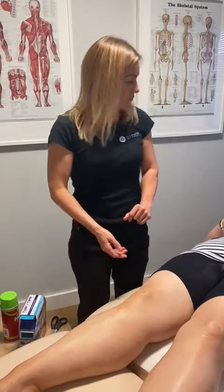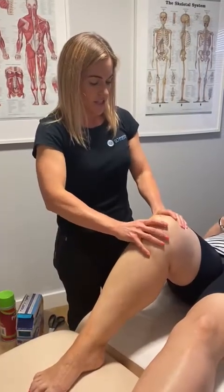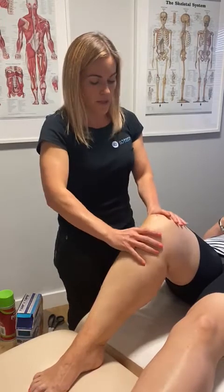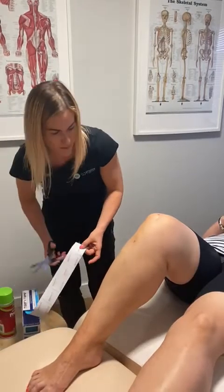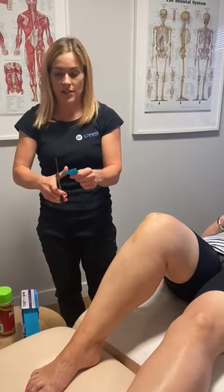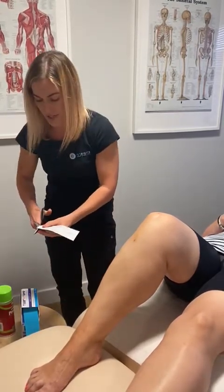So first of all, I'm going to ask Donna if she could just bend her knee, and we're obviously just going to have a little assessment of the area, okay? So what we're going to do first of all, we're going to keep the knee slightly bent. We're going to get our K-tape, and we're going to cut approximately 3 squares, okay? So we're going to round these off to make sure that we don't catch the edges, so just round these,